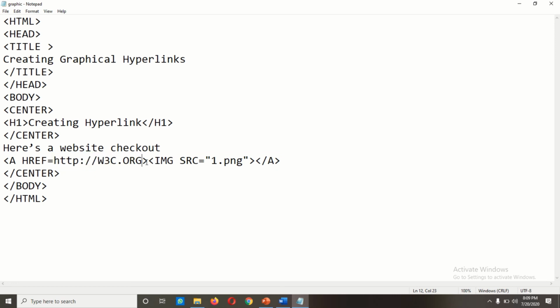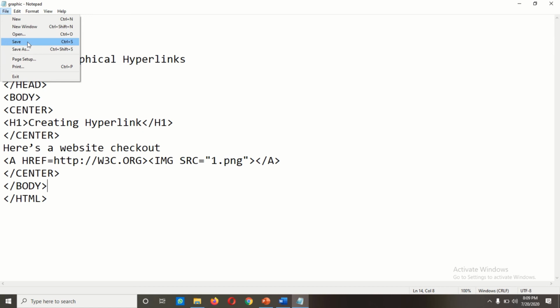This is the linked document, and instead of writing text in the hyperlink, I am going to insert an image in the place of text. For that I am writing img src equals 1.png. Here img means image, src means source. It acts as text. 1.png is the image which acts as a hyperlink.